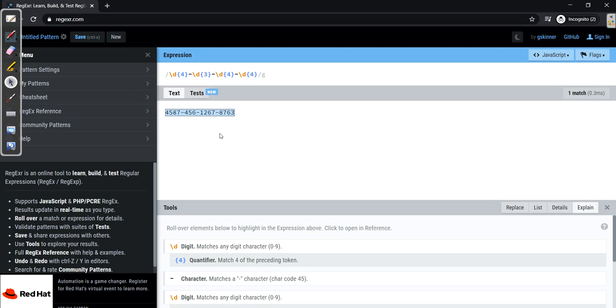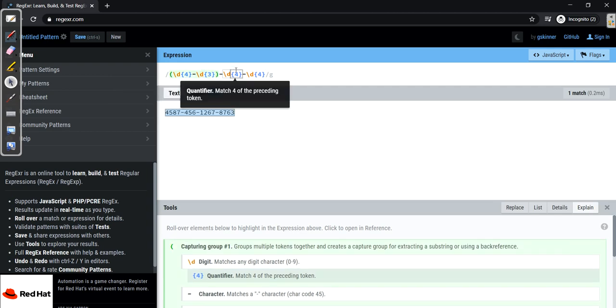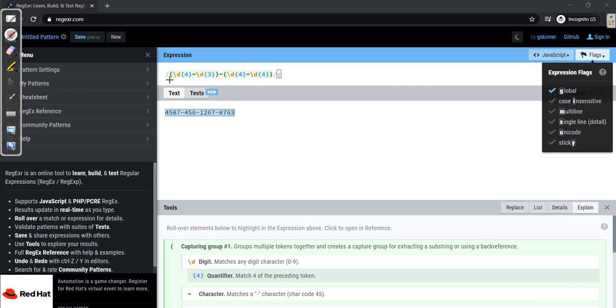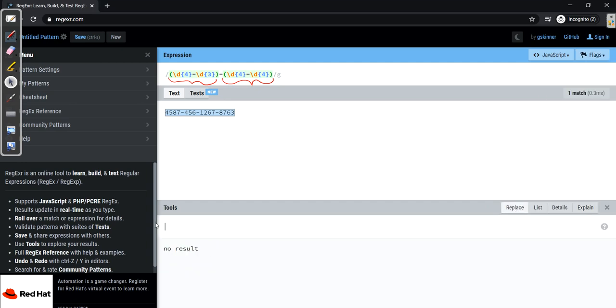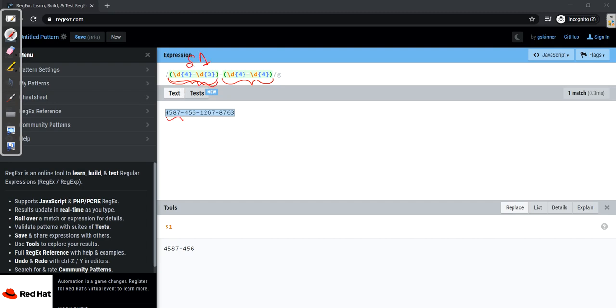Now let's make grouping over here of 2 so that we can easily understand this. Now we have a group of 1 and this is a group of 2, right? Now I'll go to my RegExr tool and click on the right side, replace. I'll write $1. If you can see, it is representing $1, which is our 4587-456.